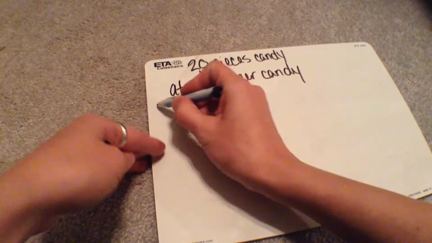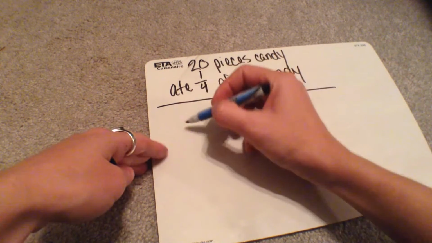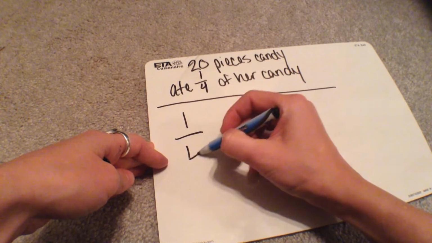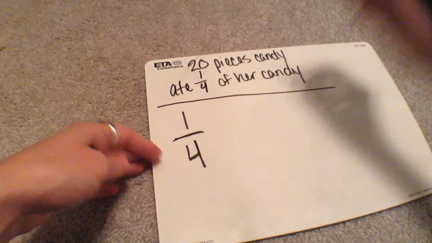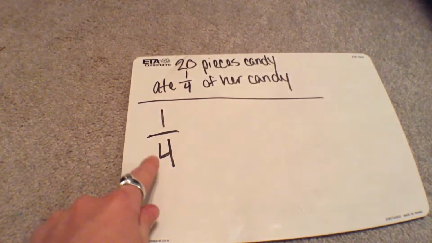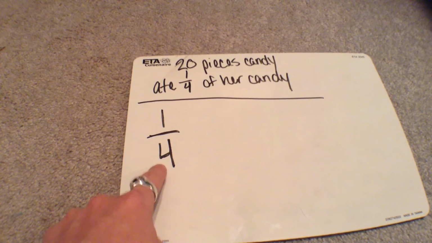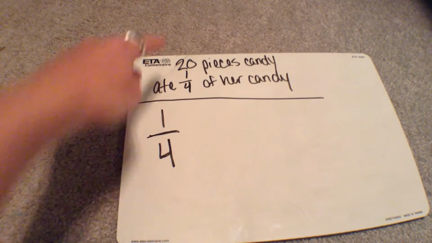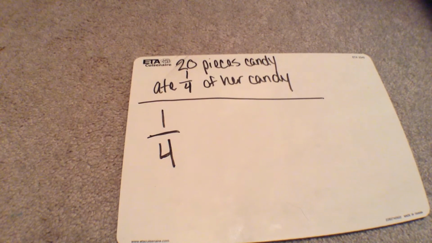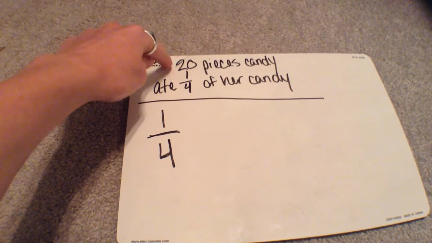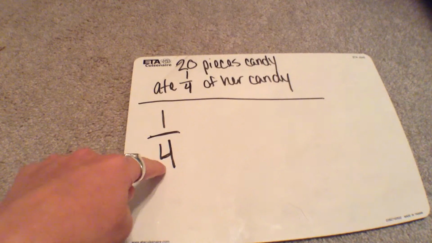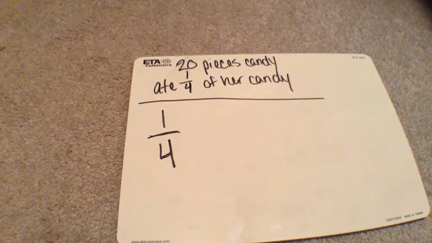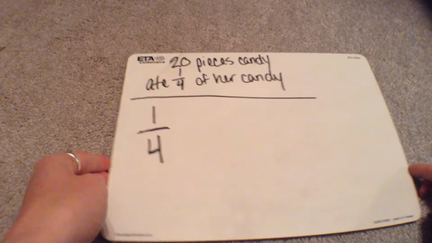Now before we go any farther, we're going to look at that fraction. A fraction is a part of a whole. So what this denominator is, our denominator tells us how many equal pieces our whole is broken into. So we know that we have 20 pieces all together, but we're going to break those 20 pieces into 4 equal parts. So I'm going to show that using